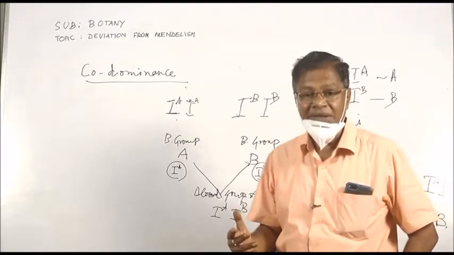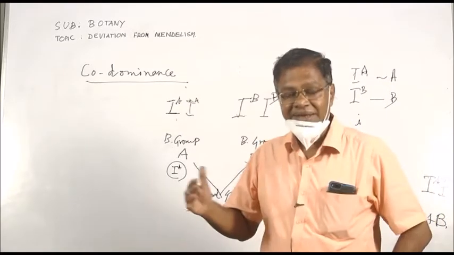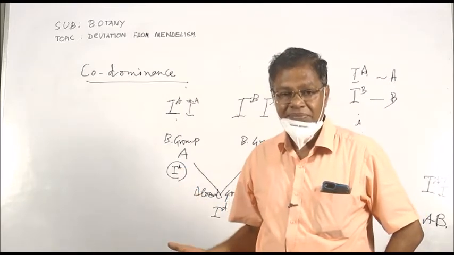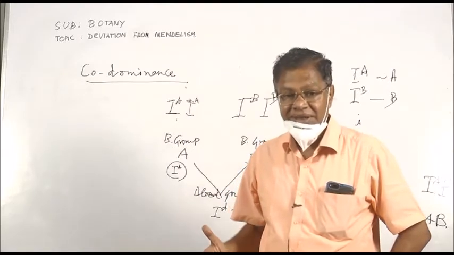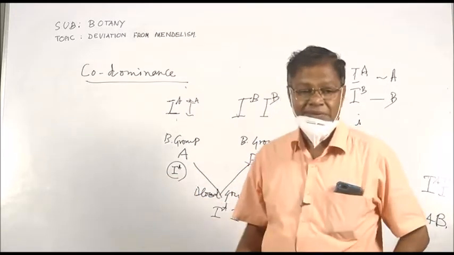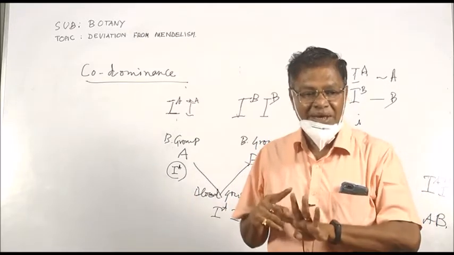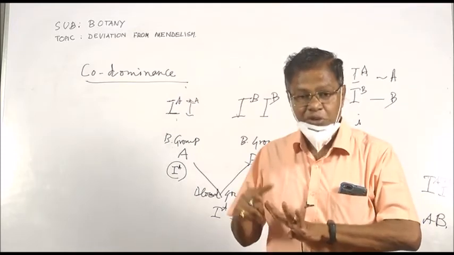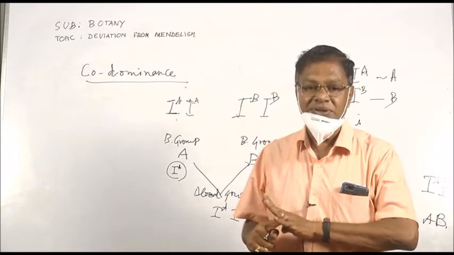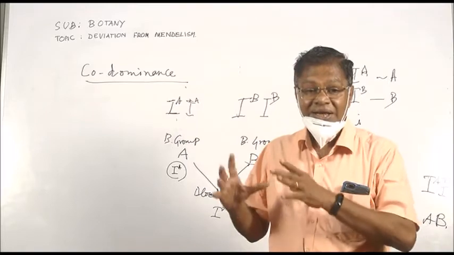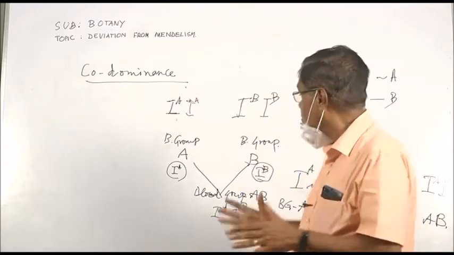That means what has happened? One son got the A gene from me and the recessive gene from my wife, and the other son got the B gene from me and the recessive one from his mother. So, in our family, all the 4 blood groups are there. I am AB positive, my wife is O positive, my elder son is B positive, and my younger son is A positive. So, that is because of codominance. So, we have discussed codominance.